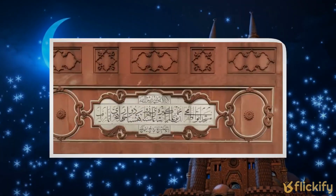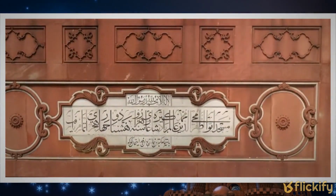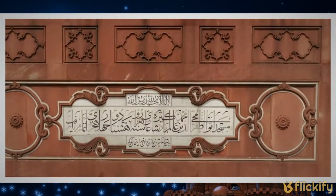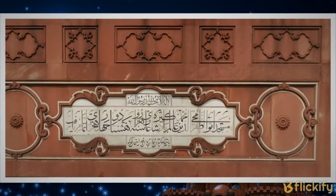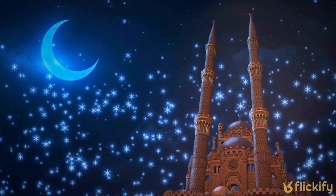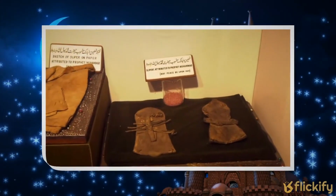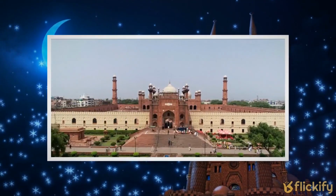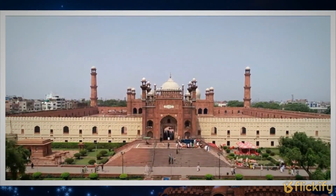The full name of the mosque, Masjid Abul Zafar Muhyiddin Muhammad Alamgir Badshahi Ghazi, is inscribed in marble above the door. A large entrance gate and a mosque are placed over the base, which rises in a 22-step flight at the main entrance to the mosque. The gate itself contains several rooms that are inaccessible to the public. One of these rooms is said to have the hair of Prophet Muhammad, as well as that of his son-in-law Ali. After passing through a large gate, a paved courtyard is spread over an area of 276,000 square feet,